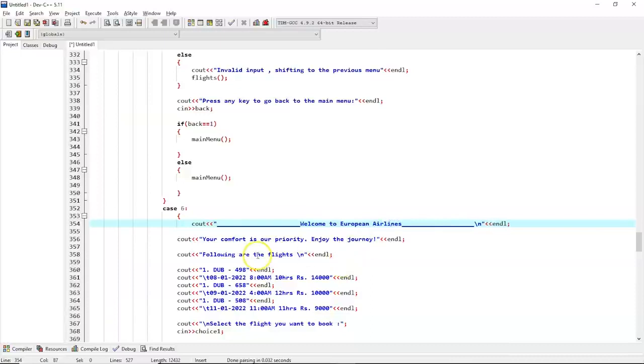European Airlines, then we'll change its name to EU 498, and the date, let's say 2, time is 2 AM, 18 hours of flight, and its price is 36,000. $31,000. 10 AM, and